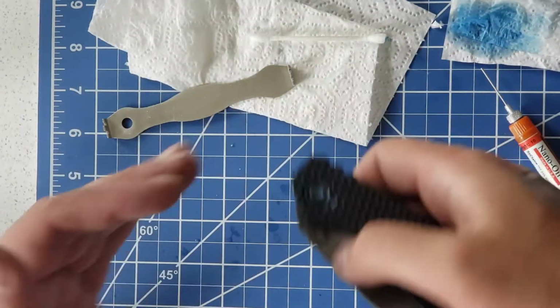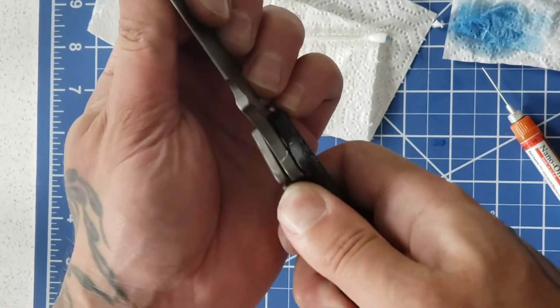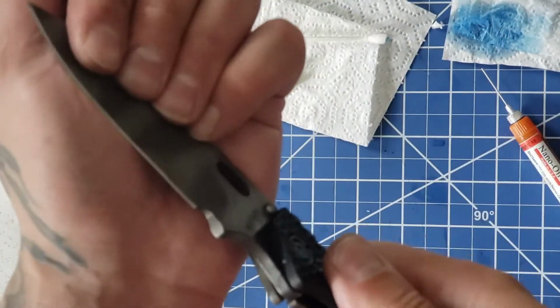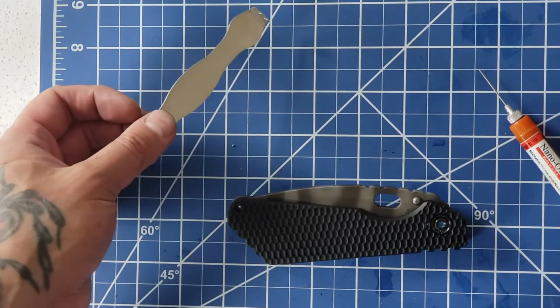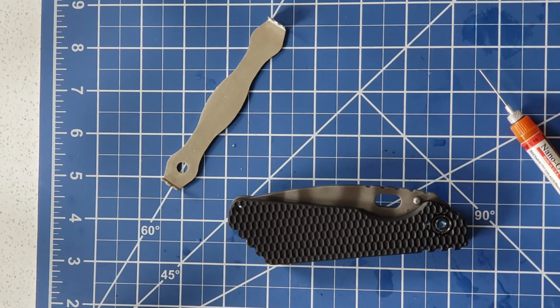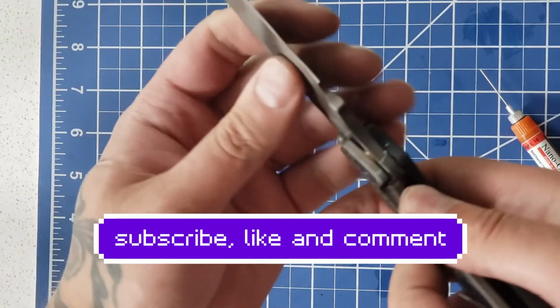And nice action, almost drop shutty, much better. And the reason why I haven't done a full review on this, guys, is because I'm waiting for this lock bar to break in. This knife is a beast. It's just a beast. And a lot like my Medford Praetorian Ti, it took a really long time to break in, almost a month of using it non-stop. This knife, I'm assuming, will not be much different. It has a little lock stick straight from Strider. But that's something about, they don't use